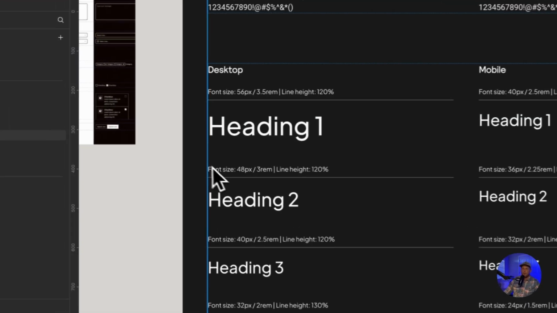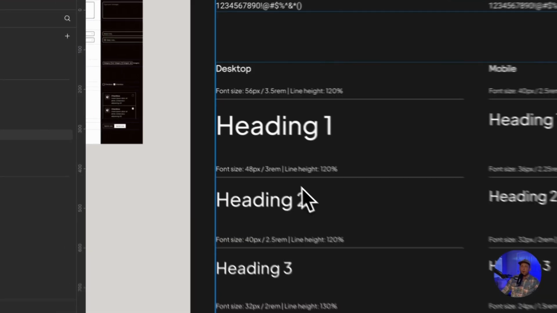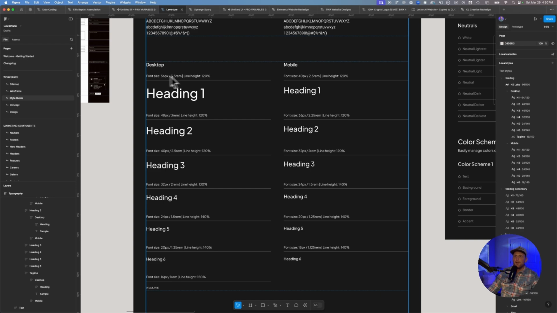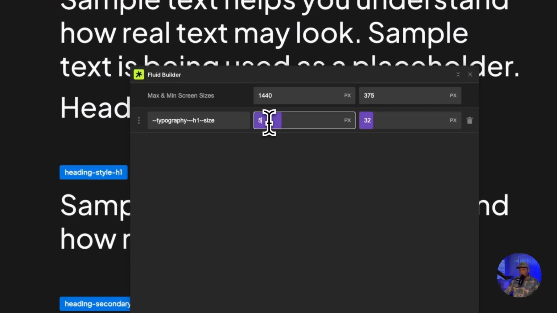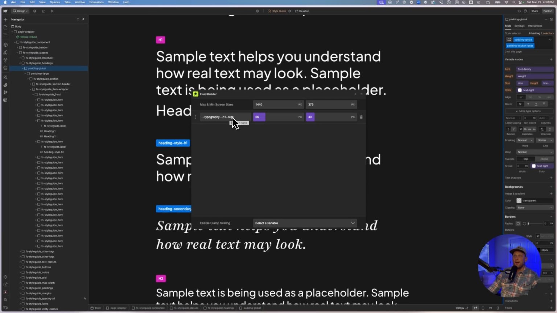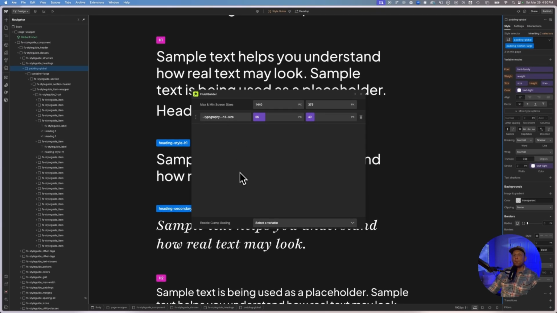And so if we go back over to our Figma file, you are going to see that we have 56 and 40. So then all we would do is enter in 56, and then enter in 40 pixels. It's going to show you right here what that looks like. And then you can just continue to build this out. Once you are happy with that, you can just